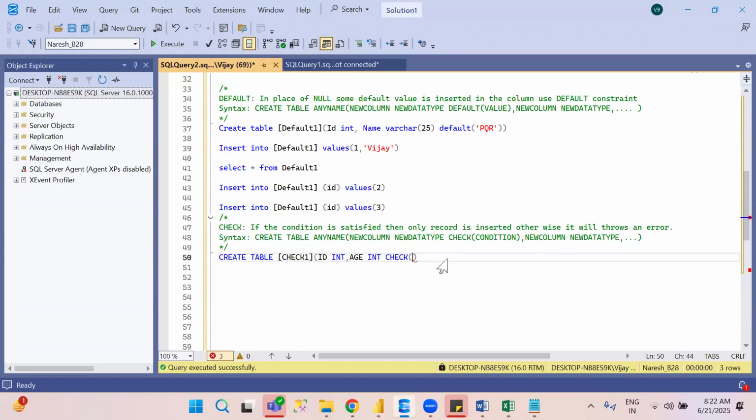Understand or not? See here, I'm writing age greater than or equal to 18. I'm giving like this. Like this you have to write. Did you see how I'm writing the check constraint? Okay, now if I execute this one,